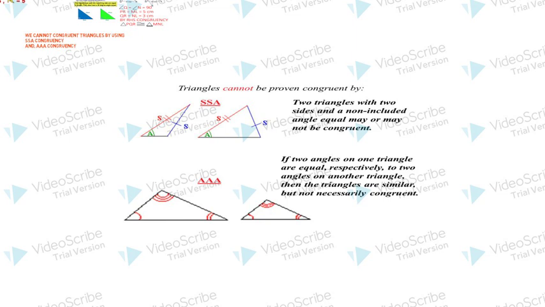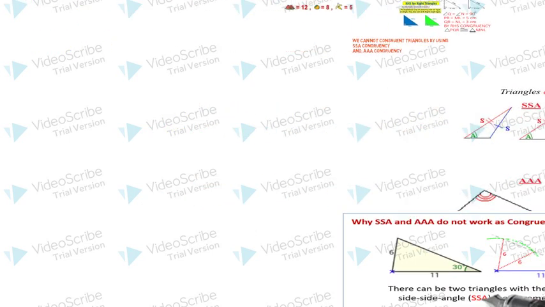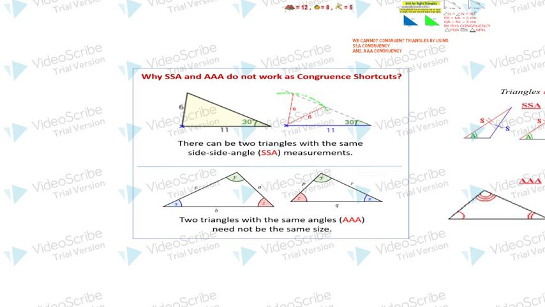Similarly in AAA also, angles are equal. Now what about sides? They may differ here. That's why in the AAA case we can say triangles are similar but not congruent. Congruent means they are an exact copy of each other. Angles can be equal but sides may vary over here. So this is all about SSA and AAA, in which we can say triangles are not congruent to each other. That's why we will not apply these 2 rules in congruency of triangles. So this is all about the congruency of triangles.